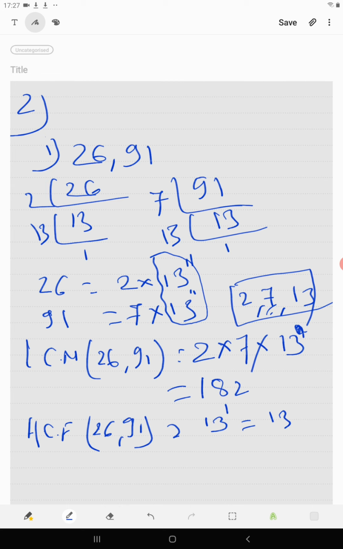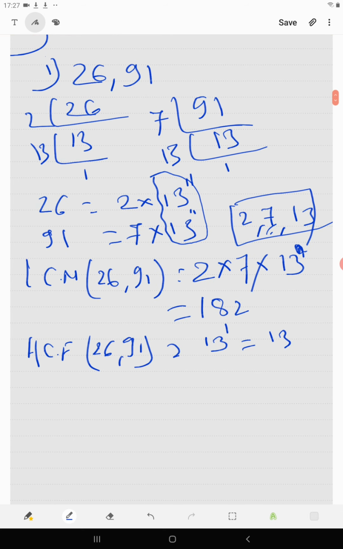Now let's prove the second part. LCM into HCF equals the product of the numbers. Okay. So let's multiply LCM into HCF. So this is our LHS. LHS is LCM into HCF. That is equals to